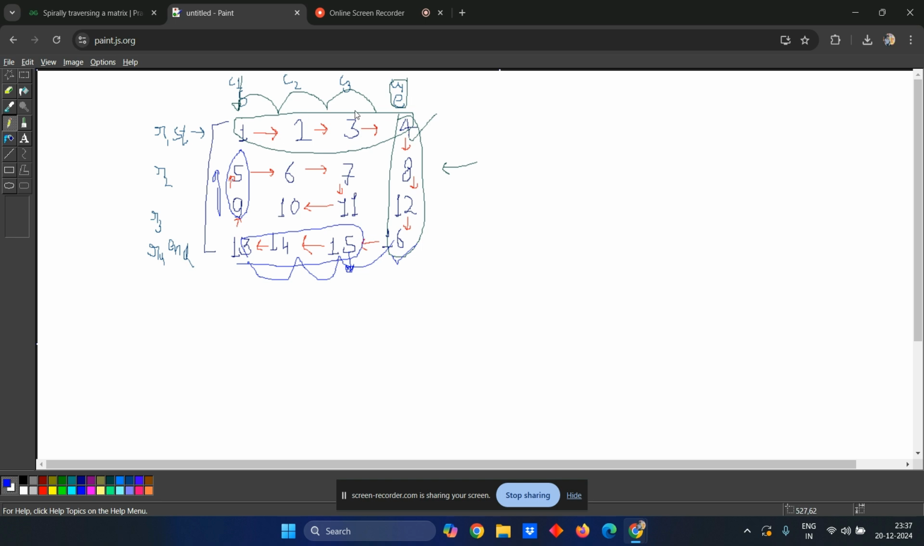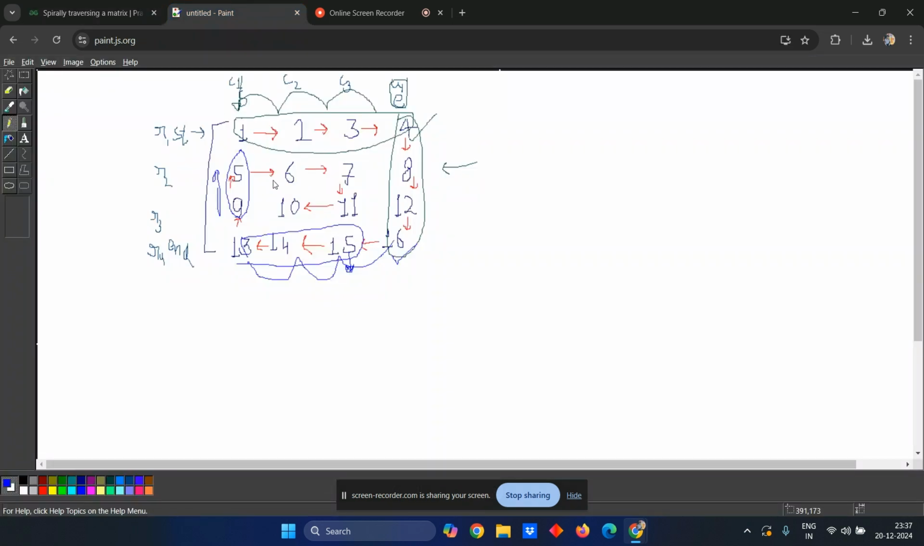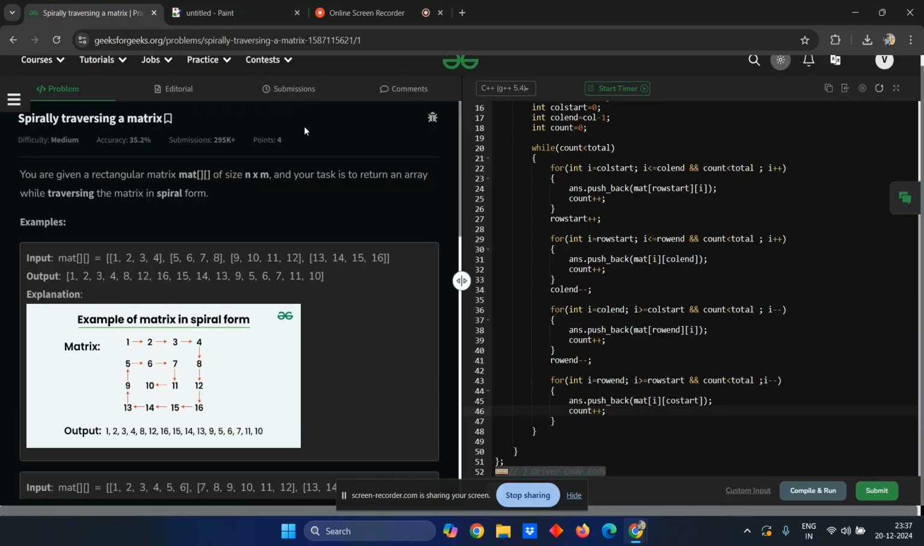So once we have created this loop, this while loop is there to perform these complete operations until it reaches this position, until the loop is finished. So here we again have to perform this operation, that means row start plus plus. So here we again do one thing, that means row start plus plus,